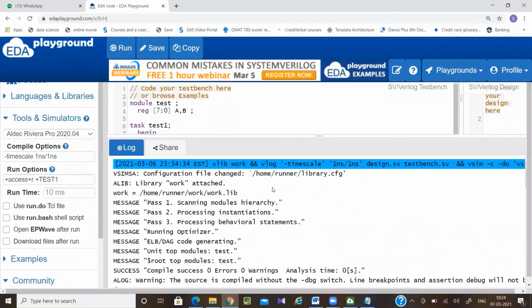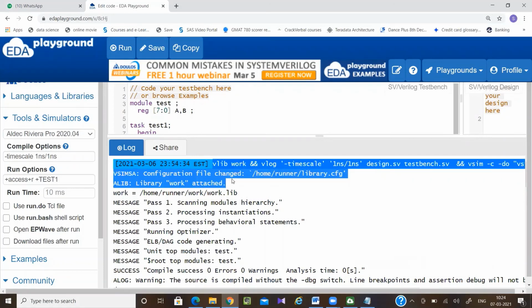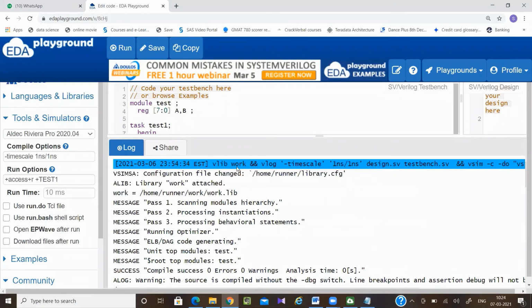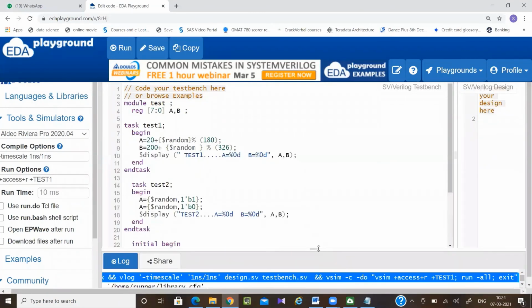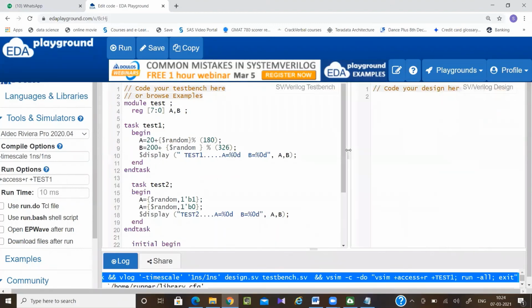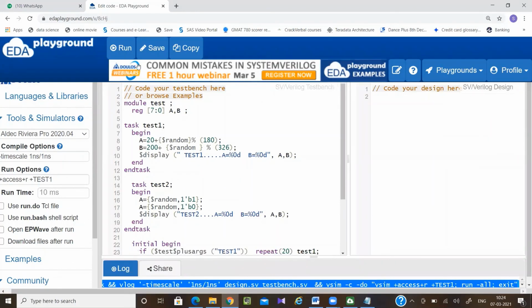How practically we do it, see, for this tool, this is the command. Now I will be designing a run.do file where I'll be writing this command. Here actually, due to this, I'm not able to add the run.do file. The plus options are not coming. Actually here what will happen?